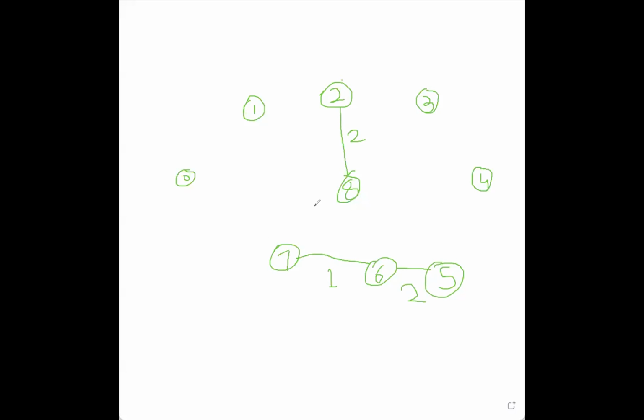Each time we have to consider only the cycle. Okay, the cycle should not be formed. That is the only thing that we have to take care of. Okay, and the value of that edge should be minimum. Now after 2, any edge which is having the weight 2, 8 to 2 and 6 to 5 is there. Next minimum value is, I think, 4. This is there from 0 to 1 and 2 to 5.